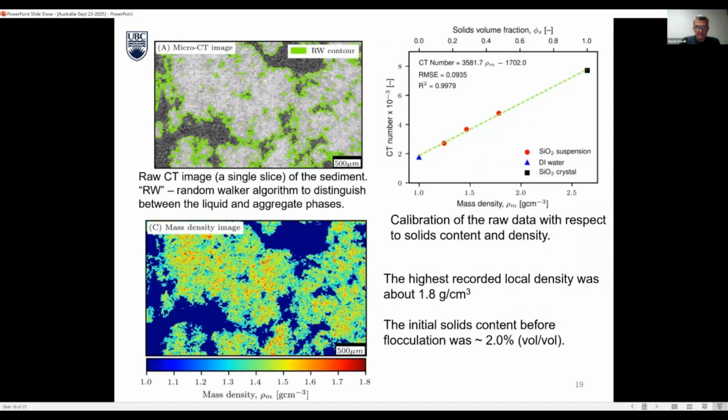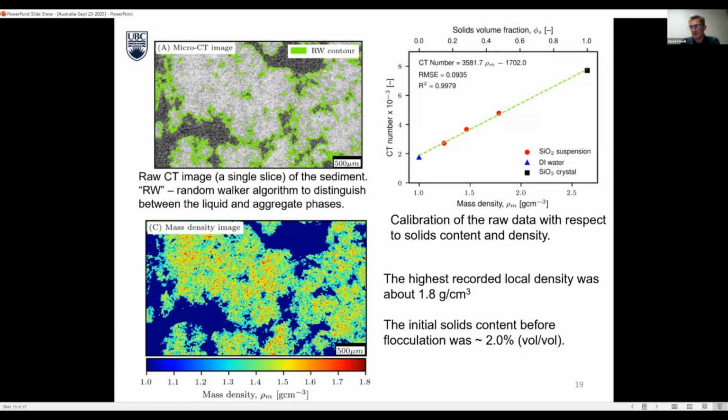So micro CT, the raw results from CT scanning are unattractive, I would say. It's a grayscale image. There is really not much to do until you start mathematically playing with the numbers. So in our case, we used what's known as a random walk algorithm to distinguish between liquid and aggregate phases. And we define aggregates, or flocs, as consisting of solids and water. Once you do that, you can